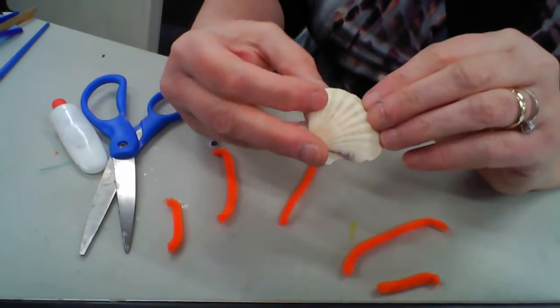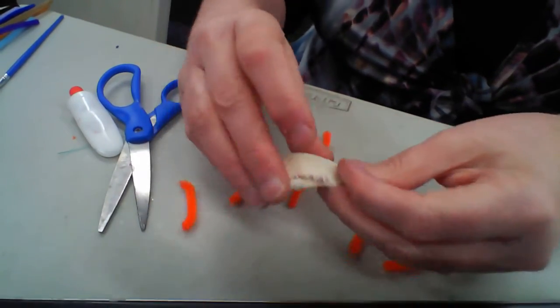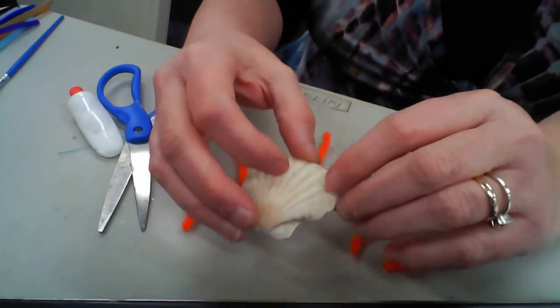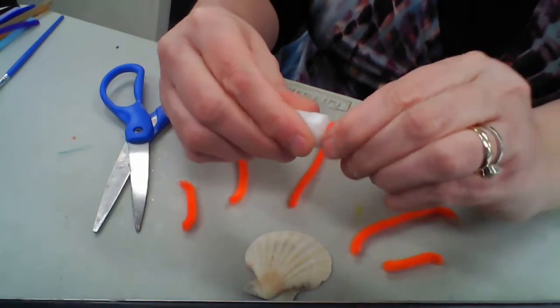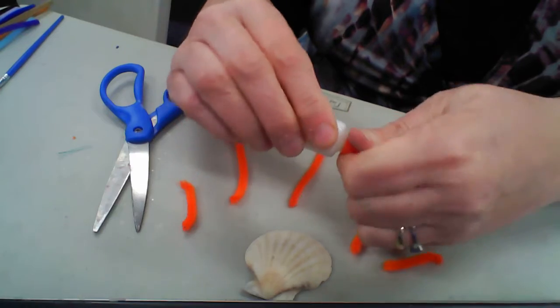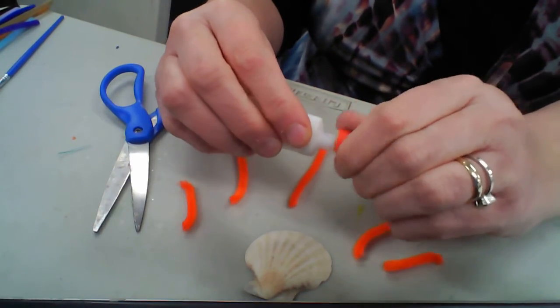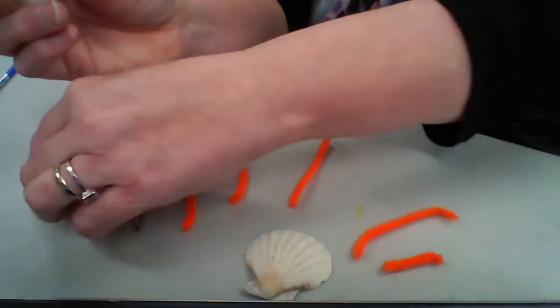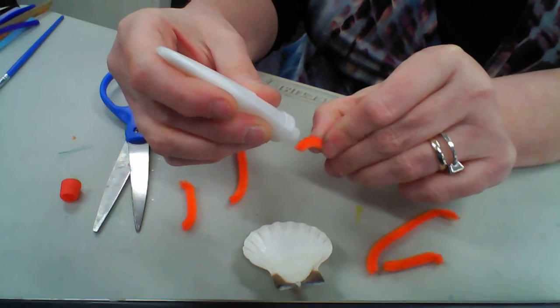Okay. And now we are going to take our glue. And you can't use a glue stick for this. You have to use liquid glue. And we are going to take each end